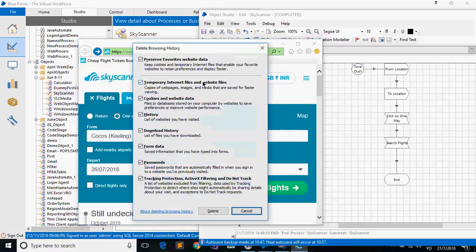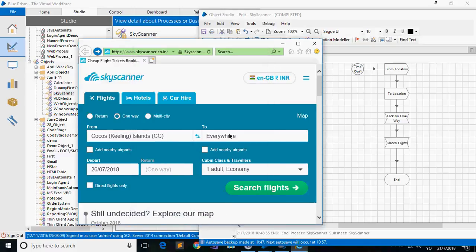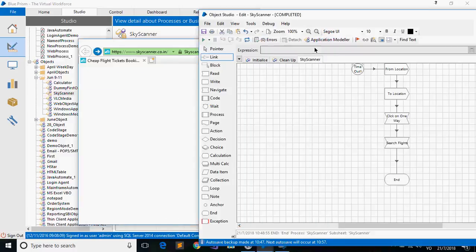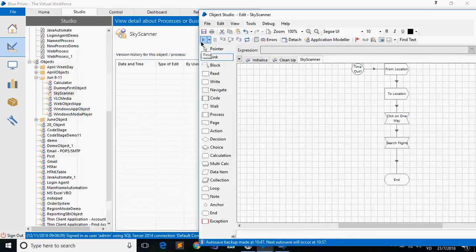Let me just clear the cache and check. No, the issue is not with the website, not at all, because Skyscanner is... It is something I'm not sure. It is entering fine here. When searching flight, it is resetting it to this one. So